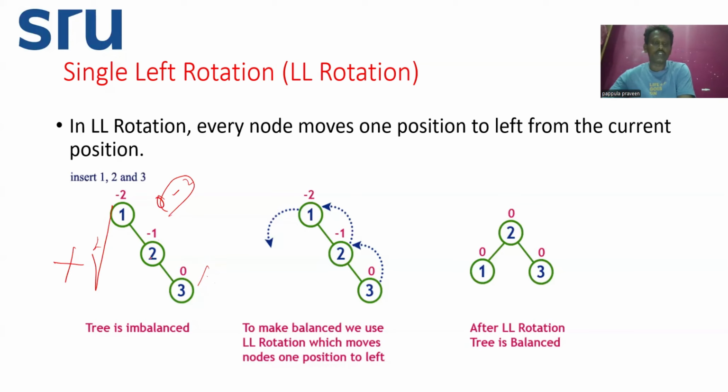So in this situation, this tree is imbalanced. Now this tree is balanced by moving one to the left. Observe here, left to left rotation. One is moved to the left side. So now what about two? Two is moved to the root node. Two is the root node, one is the left child, and three is the right child. So this is the left rotation. Okay. Now the second one is the